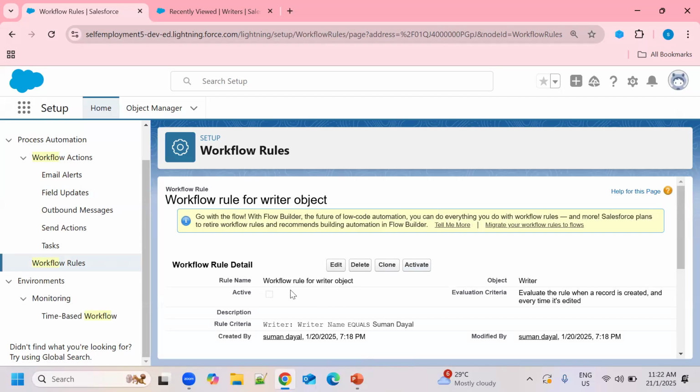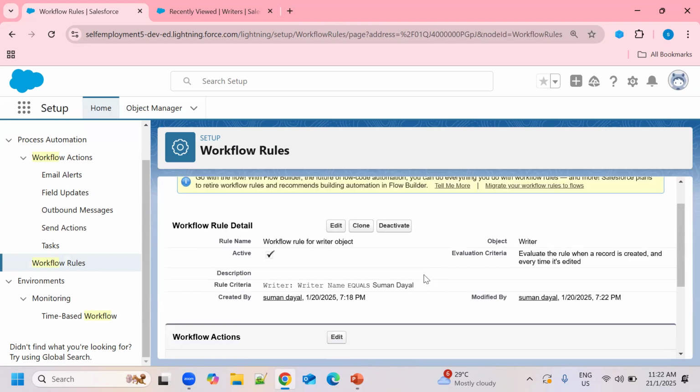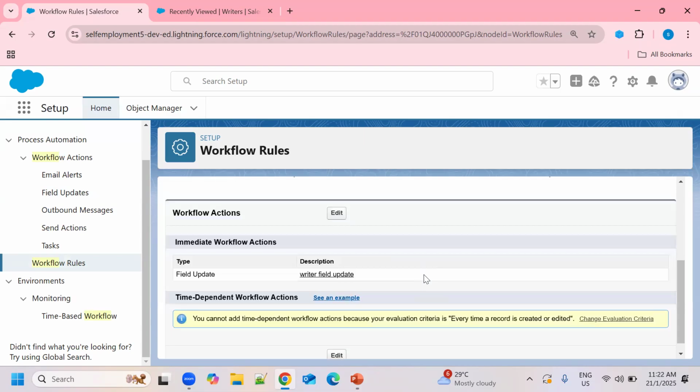Our rule must be activated. If we do not activate it, we will not see the changes, or this workflow rule will not work. So this must be active. Click on this Activate button. Now it is activated. If you want to make any change, you can change it here.